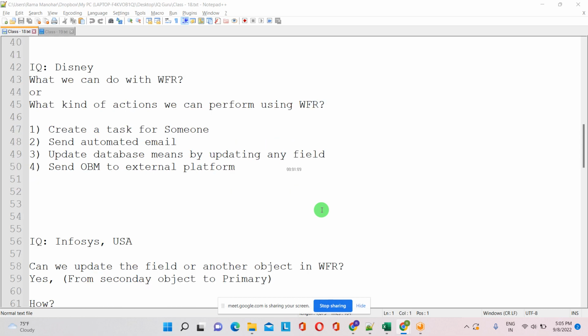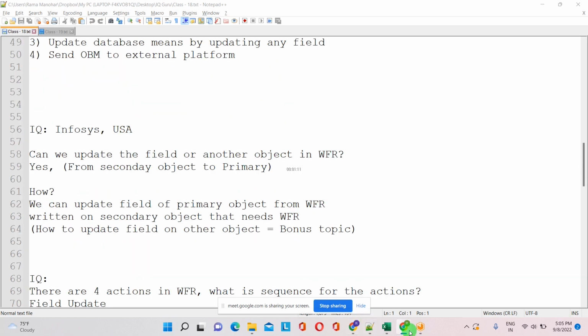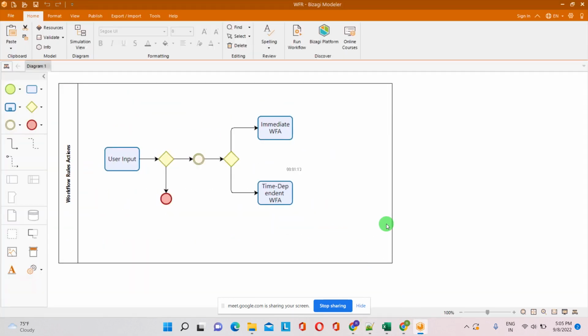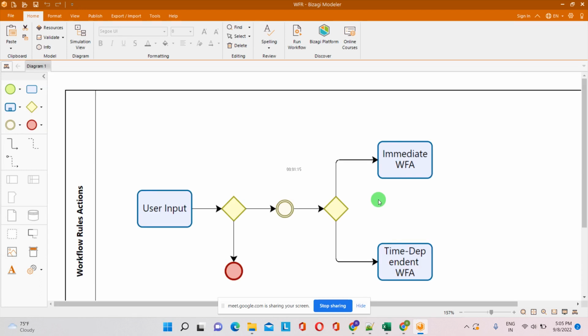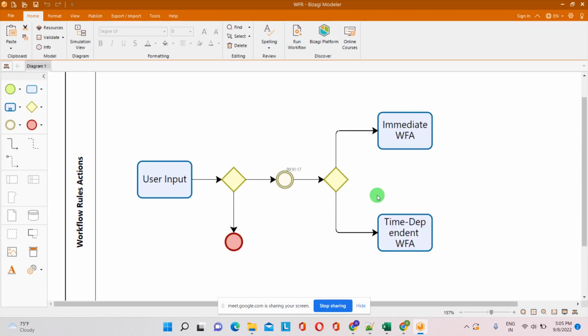Okay, so how to add these actions in workflow rules, right? Now we can see time dependent actions. Generally in workflow rules, we can create two kinds of actions. One is immediate workflow actions, and another one is time dependent workflow actions. In real time scenarios, maximum we work with time dependent workflow actions. For example,